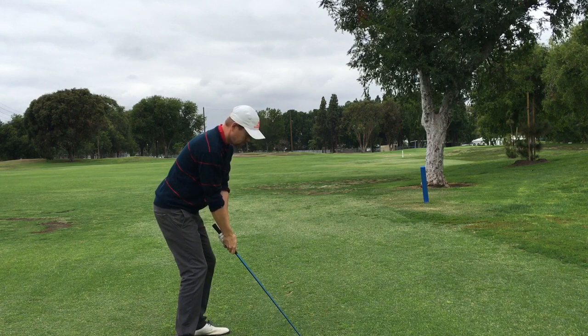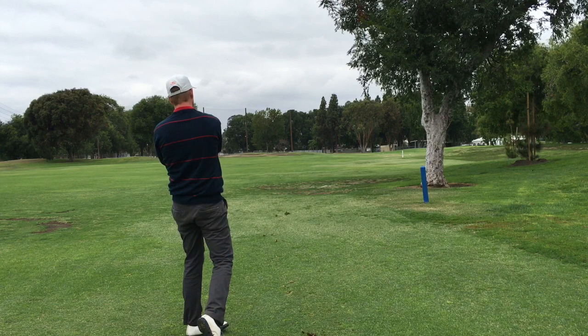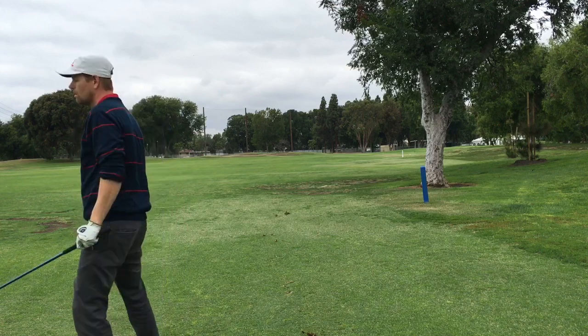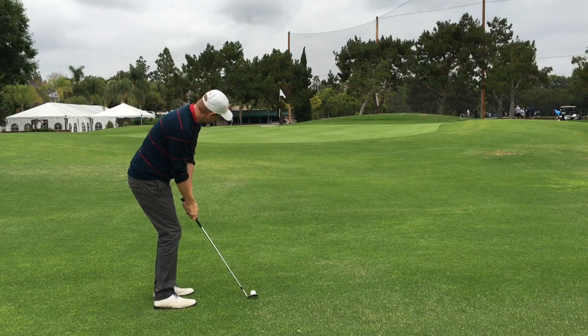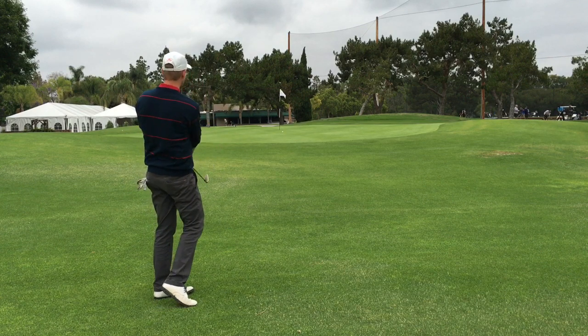So now here, can't really see the ball, but this is a hybrid, and that was just struck really solidly. Faded it just like I wanted to. Couldn't really hit it with the kind of power I wanted to get to the green because of that tree there. So here is an up and down opportunity for a birdie, and that was extremely duffy,